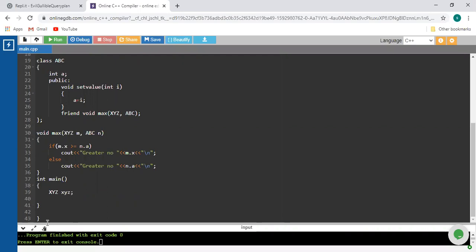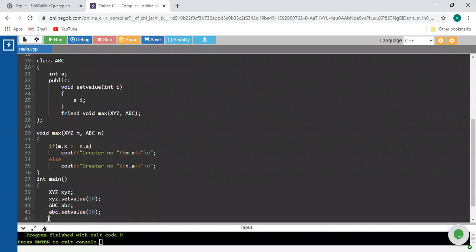So the logic is object of class XYZ dot setvalue, and use the value 20. Next, create the object of another class ABC as small abc, and with the help of that call the other method and assign the value 30.